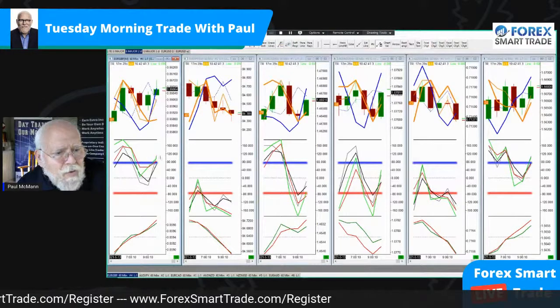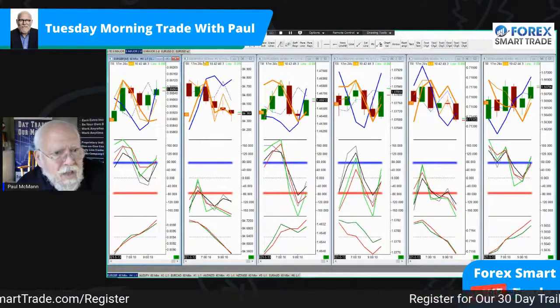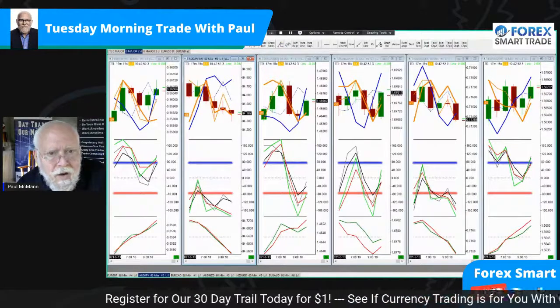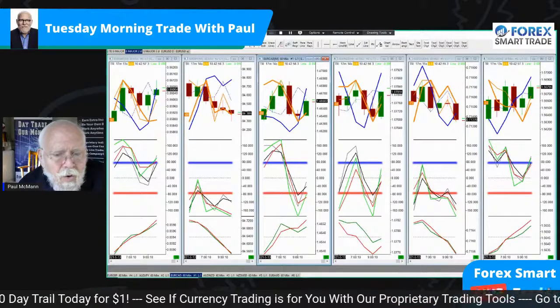Pound, euro pound, we're just reaching the overbought stage. Australian dollar, yen, oversold. The lines are still going down, so not ready yet. I want to catch them when they've turned up. Euro Canadian,